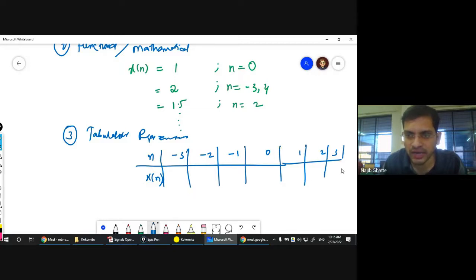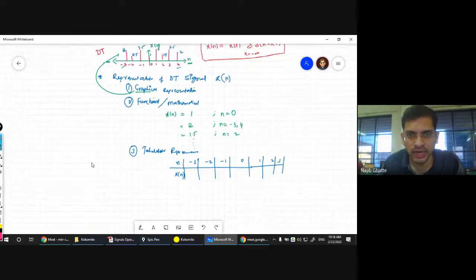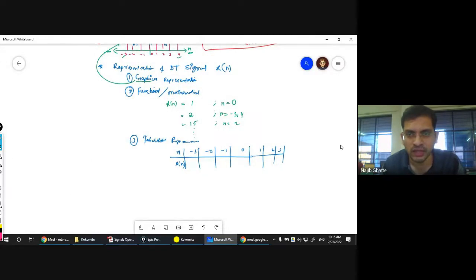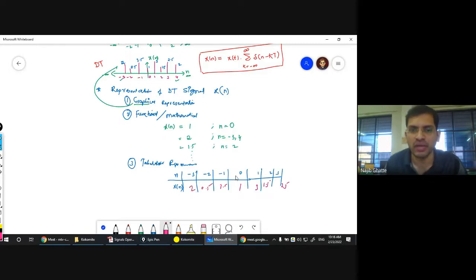Now you start writing the value of x of n with reference to each and every thing mentioned there. Example, what should we write there? At 0, what is the value? I say at 0 the value is 1. At 1 the value is 3. At 2 the value is 1.5. And this is how I'm going to complete my table. At 3 I have 2.5. At -1 I have 3.5. At -2 I have about 0.5 and so on. This is how I'm going to complete my entire table. It's known as tabular representation.